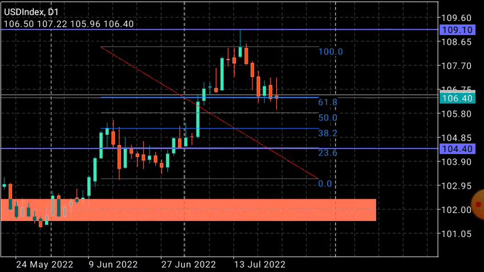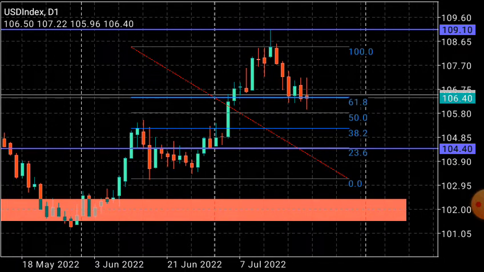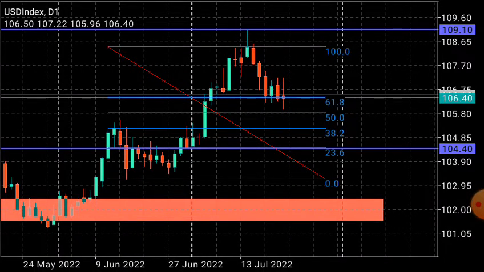As I'm currently looking at the dollar, this coming week there's an event of the federal interest rates decision. As the news and analysts are predicting, the Fed could raise rates by 0.75 percent or 50 basis points. That's what they are currently saying.